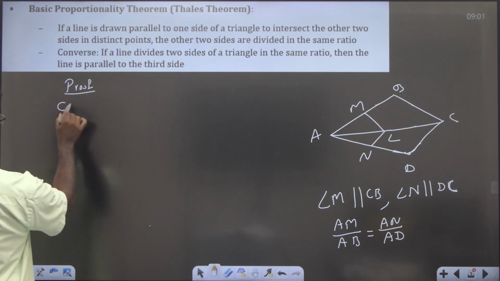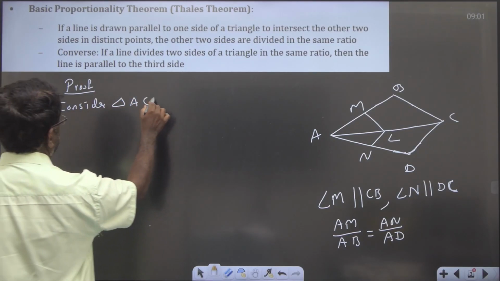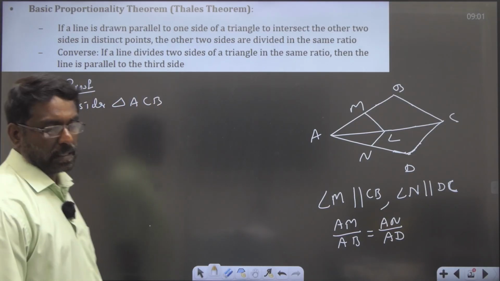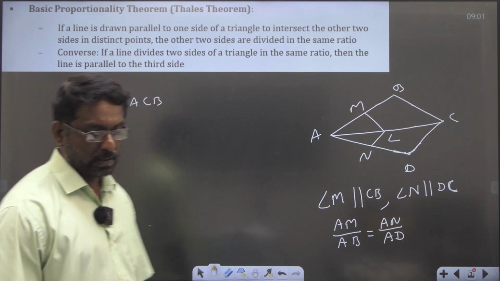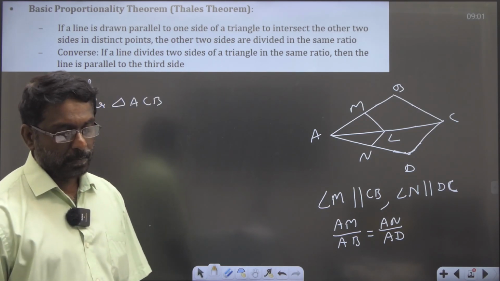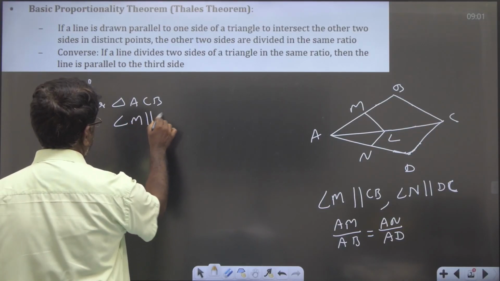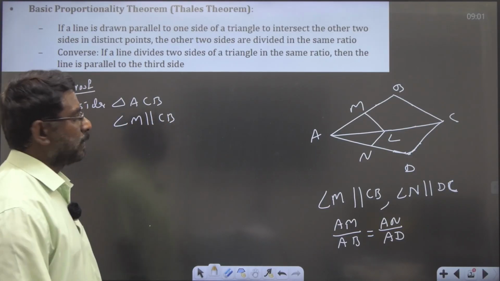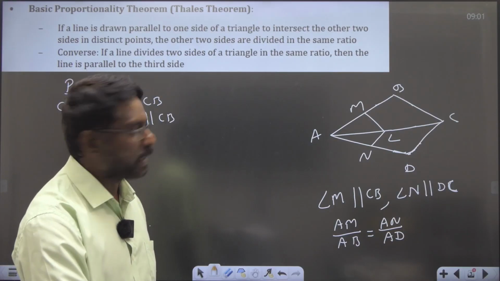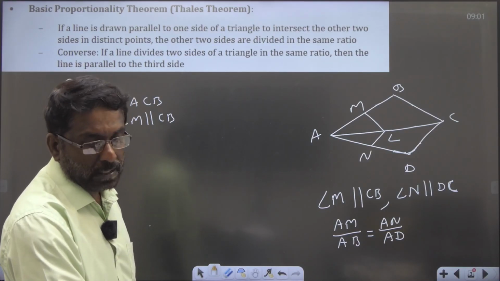Consider triangle ACB. Here LM is parallel to CB. Therefore, using the basic proportionality theorem,